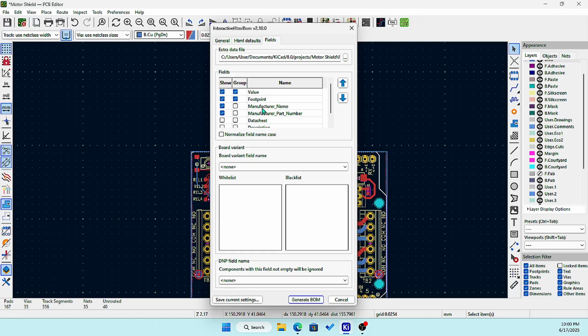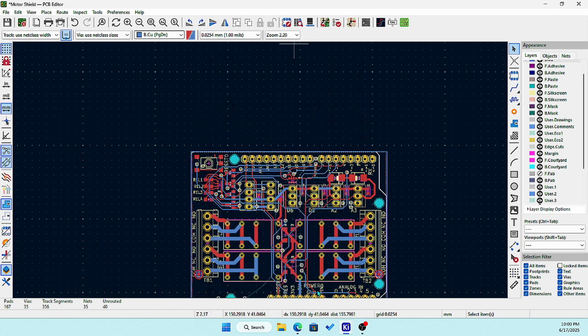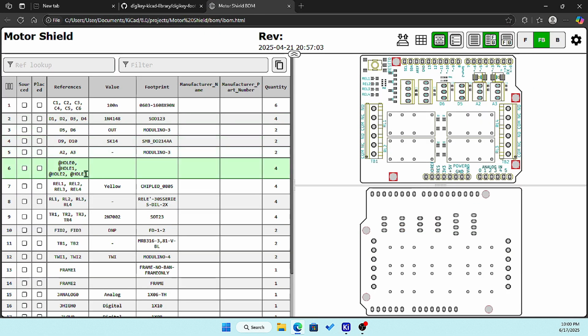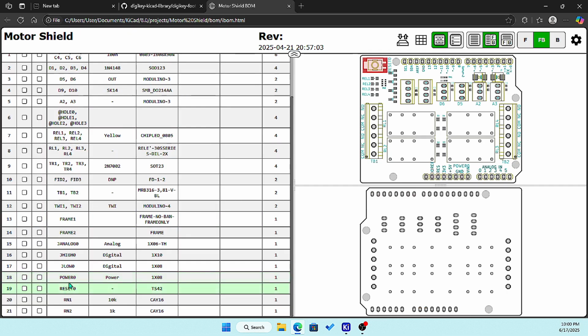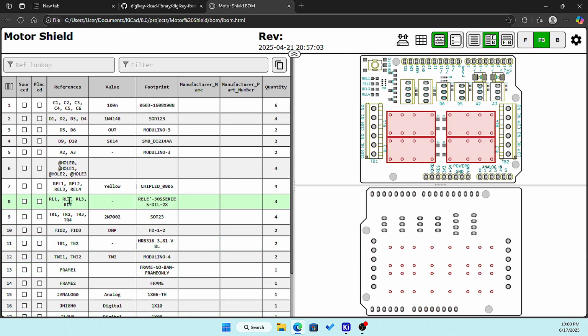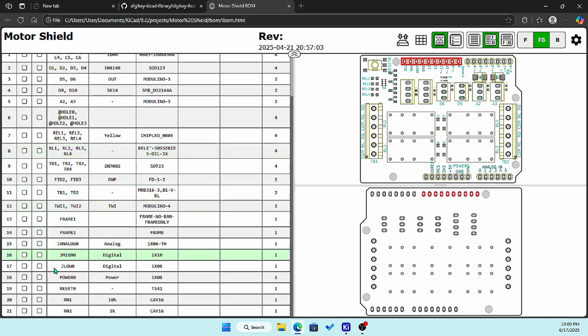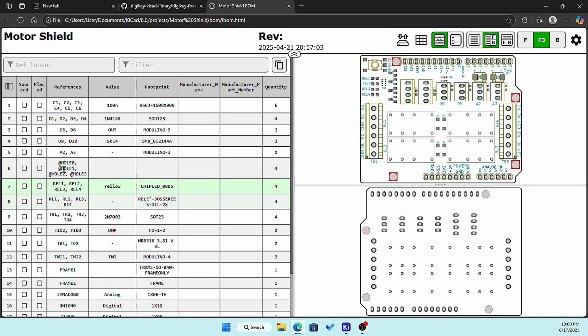I have footprint, manufacturer part number, that sheet, okay. Generate BOM. So now I should see a lot of dials. Oh no, no, because we delete them. All right, that's fine. As you can see here,